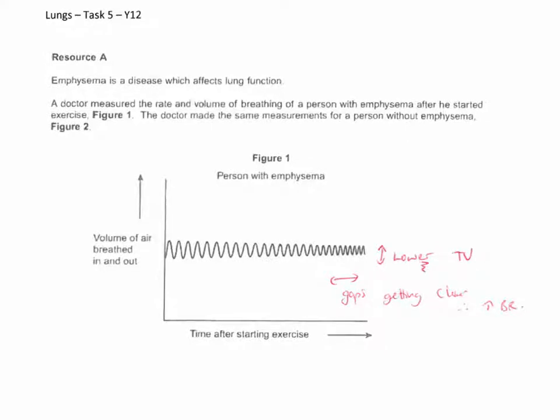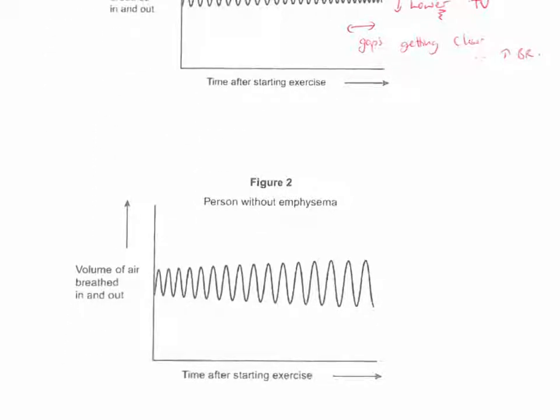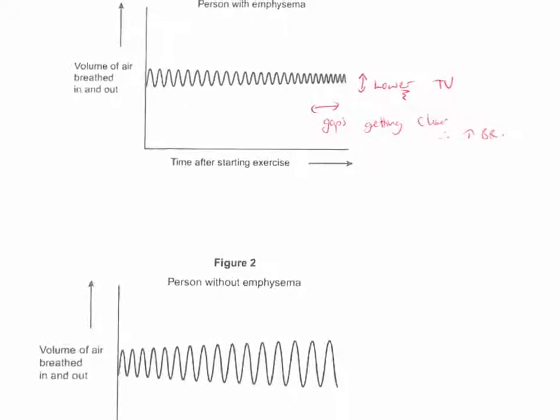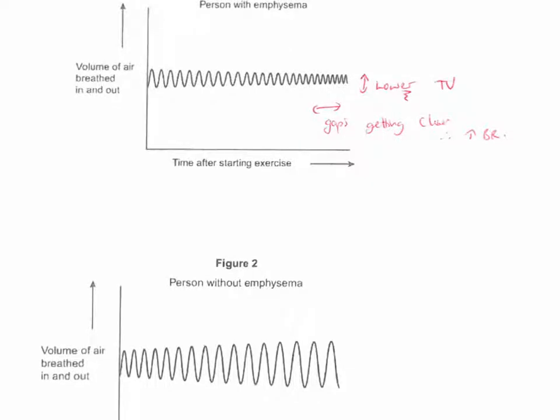Okay, so looking at the two graphs that we've got, emphysema affects lung function, so we're comparing a person with emphysema to a person without emphysema. The first question is: describe the differences between the two curves. Emphysema throughout has a lower tidal volume, so the distance, that difference between the height of the top and